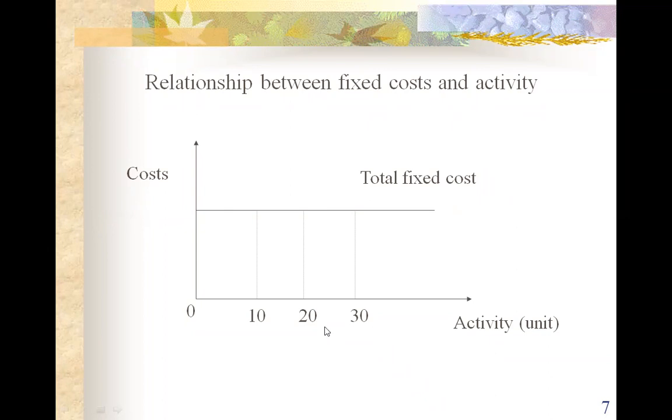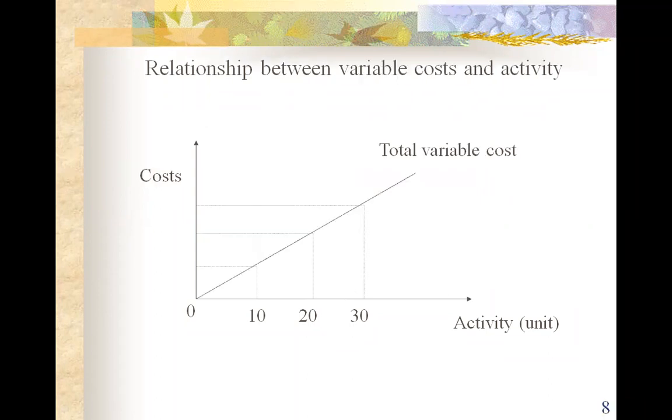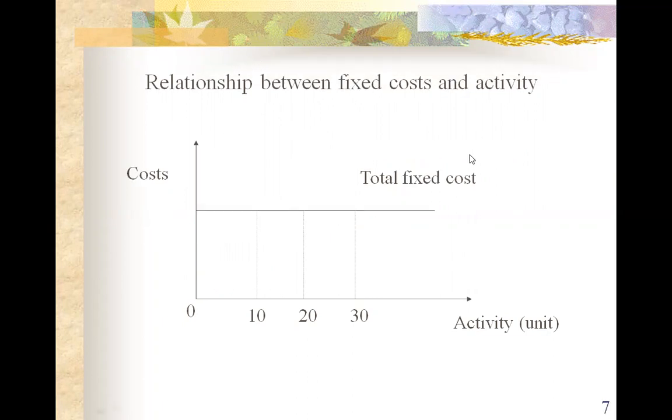Okay, this line is for the activity 10, 20, 30. Okay, so when we actually increase the production, then our total fixed cost will be decreased. Fixed cost টা decrease করবে।